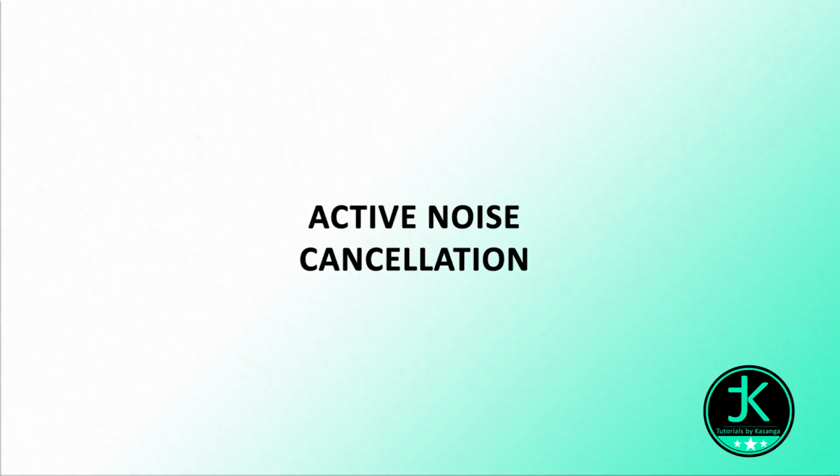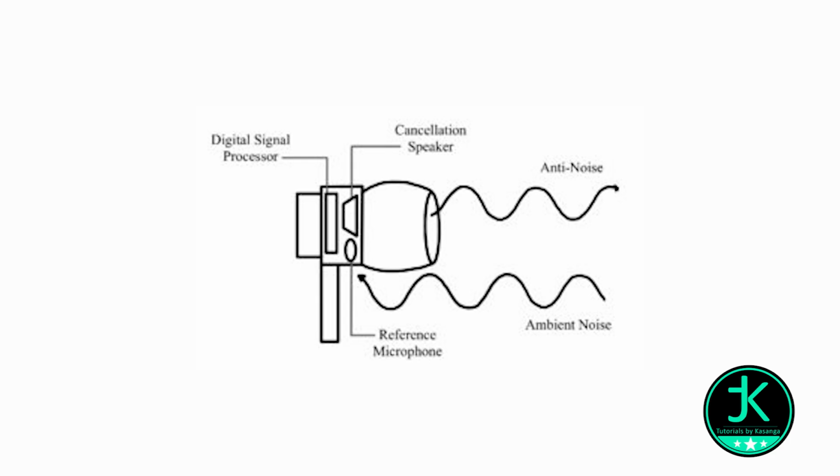And then we go to the active noise cancellation. Now the active noise cancellation uses computation, and how this works, there are two types of active noise cancellation. There's a type that actually uses a microphone to listen to the noise that's coming from outside, and then plays an inverse of that wave for the noise that's coming from outside, and basically it cancels out the noise from the outside. And then we have another one that has already been inputted with several types of noises, and then it just uses from the library the types of noises that it has to be able to give you that